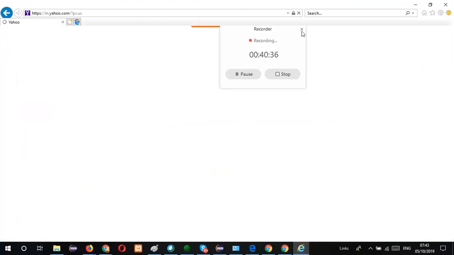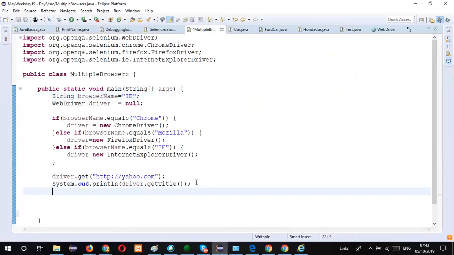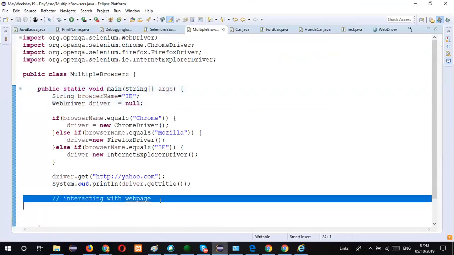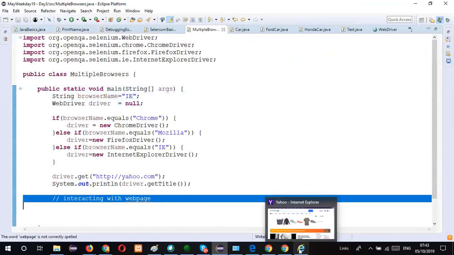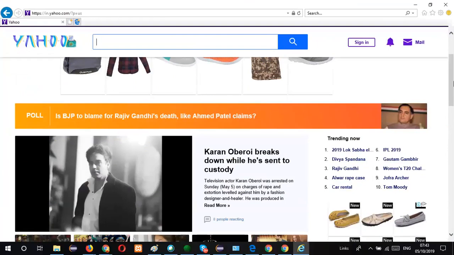That will be done over here, interacting with the web page. Once you have opened your browser dynamically, whether it's IE or Chrome or anything, you have to interact with the web page. See, IE opens up and takes you to Yahoo, right? Selenium works